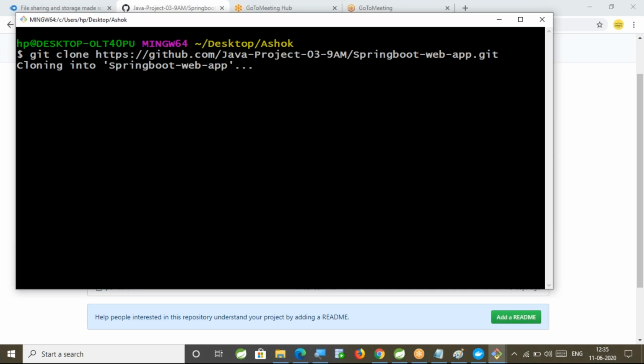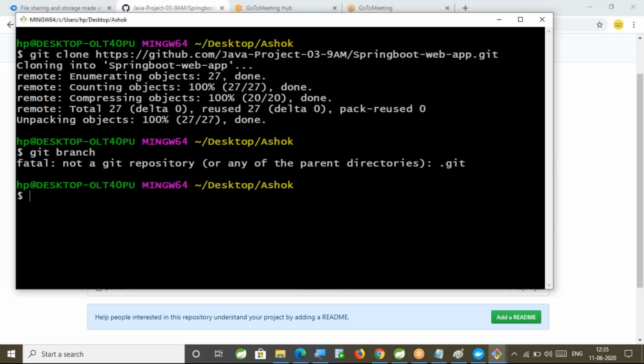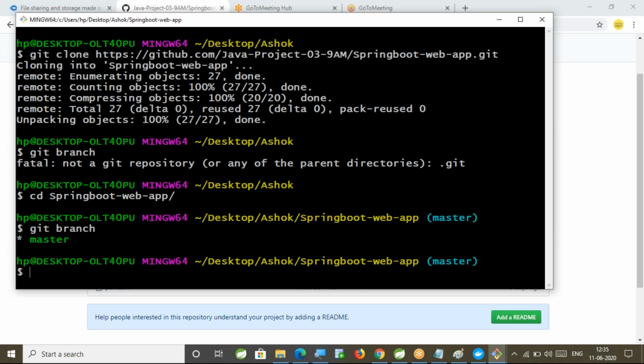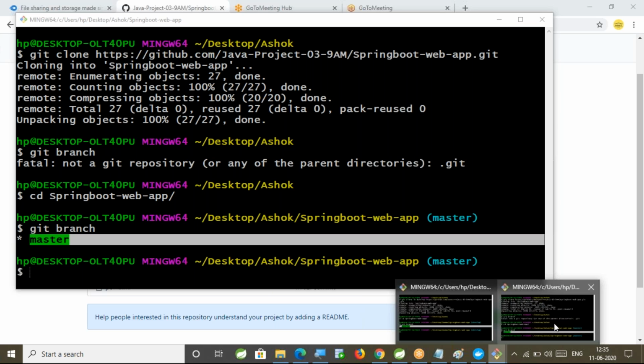Now execute, enter. Now check the name of the branch. Sorry, cd space, get into the project folder. Now git branch shows master. So Ashok's code base is pointing to the master branch and Suman's code is pointing to the develop branch.